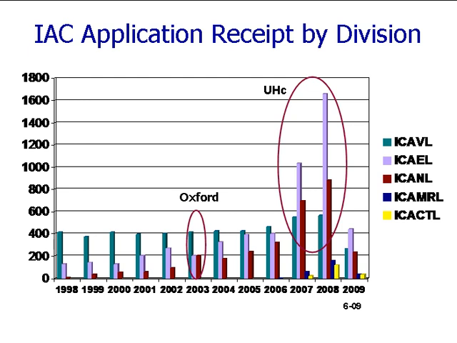So I'm going to move on now, and I'm going to preface the talk about the federal mandate by this particular slide that talks about the IAC application receipt by division. And I think it's interesting to note, if you look at the green bars, and this represents the vascular labs, and you see that those payment policies started in the mid-'80s, and so Vascular has had a very consistent application receipt over time. And you look here in 1998 when we started our very first nuclear labs in these sort of maroon bars, and you see they just chugged along at relatively low numbers,